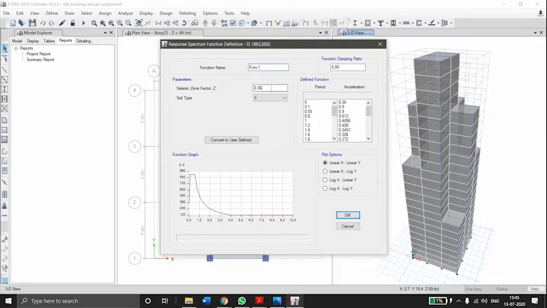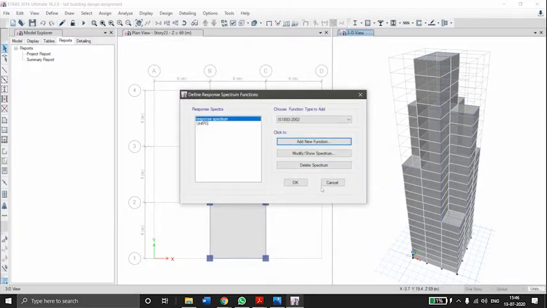Give the seismic zone factor as 0.1, soil type as type 2, function damping ratio as 5%. Give the function name as response spectrum function. Select OK.